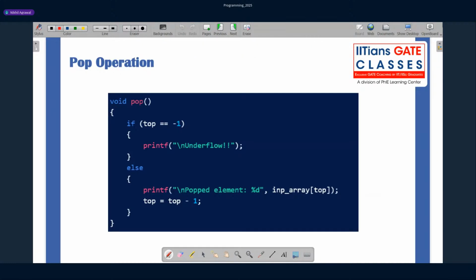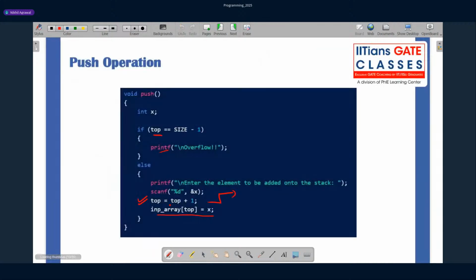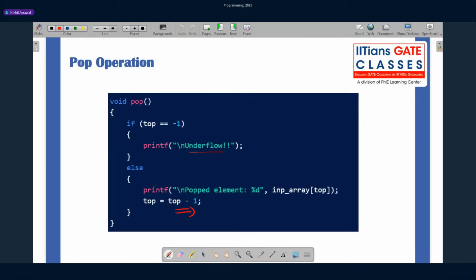So let's look at the most structured way. This is a typical pop. Again, first we check if it is underflow, like top equals -1, as Prasad mentioned earlier. If top is equal to -1, this is an underflow condition. Otherwise, we take whatever is at the top, and then we decrement the top. I hope it is very clear. In the pop operation, first we fetch and then we update the top. But in the case of push, we first update the pointer and then we do this. I hope it is very clear, push and pop operation.